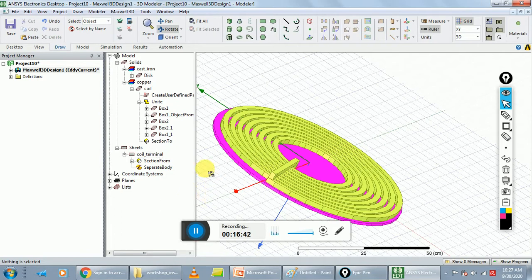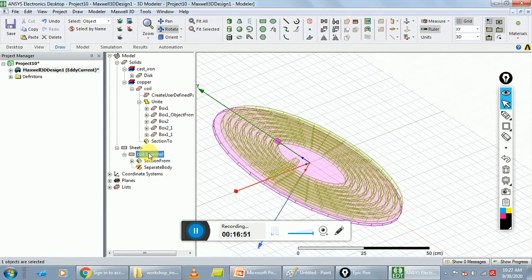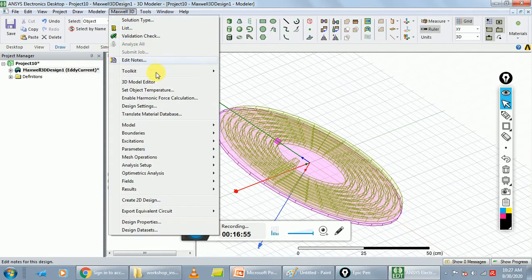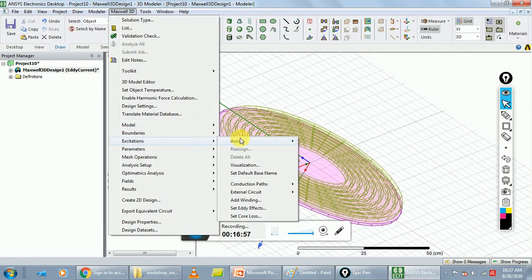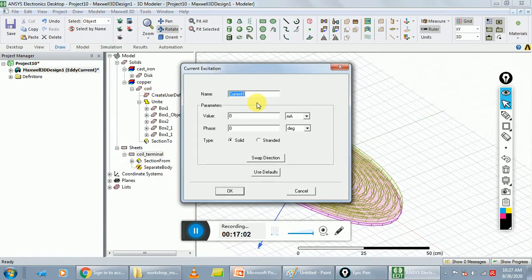After that, next step is to assign excitation to the coil terminal. Select the object coil terminal from the history tree and go to Maxwell 3D, Excitations, Assign, Current.